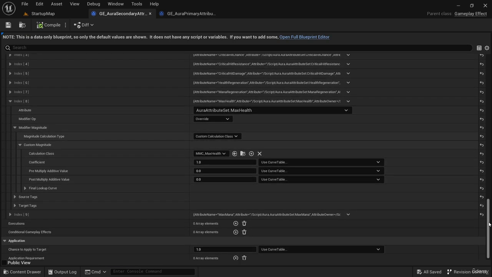And it does have its limitations. It can only modify a single attribute. So if we want to use more than one calculation, we'd have to add another modifier and modify the same attribute again. But for what we needed, which was to access a non-attribute value, the player's level, this works just fine. So that's how we can have our max health dependent on both vigor and level, which exists on the